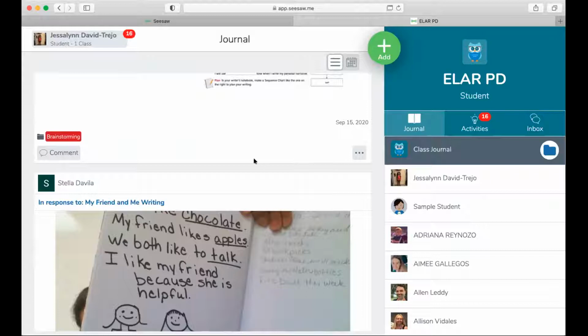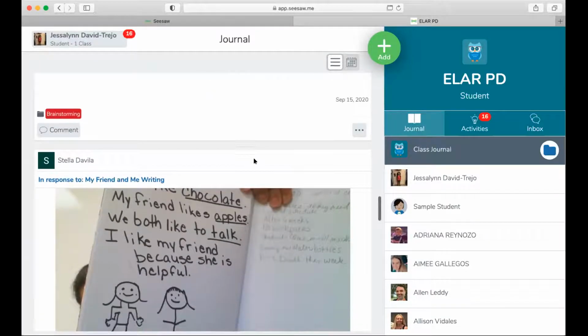Now, part of the writing journals that we discussed with the literacy team was the idea of the tabbing, of brainstorming and free writing and conventions and sentence structures. And so instead of using a tab in a traditional journal, you can label them with their folders.